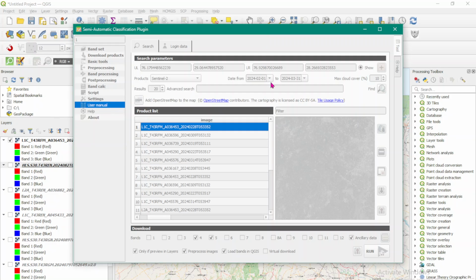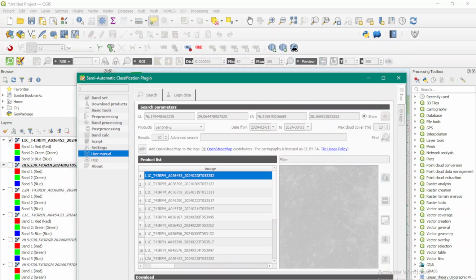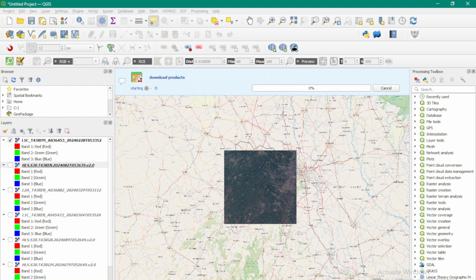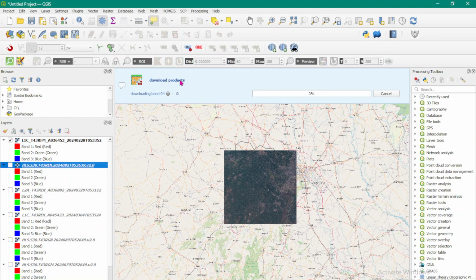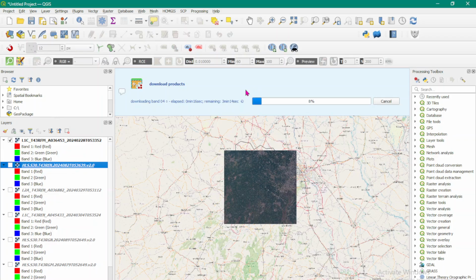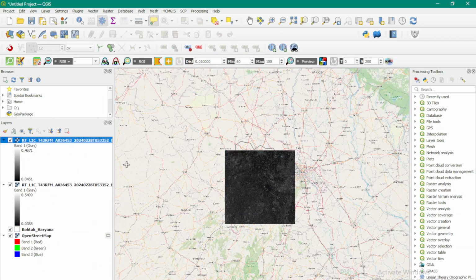So now what will happen is your data will start getting downloaded. You can check for the process over here. Come back to your QGIS desktop, and this is where you will see the progress. We will wait until downloading is completed. We are not downloading the entire dataset, all the bands. We are downloading only two, that is 4 and 5. Okay, so we will pause again until download.